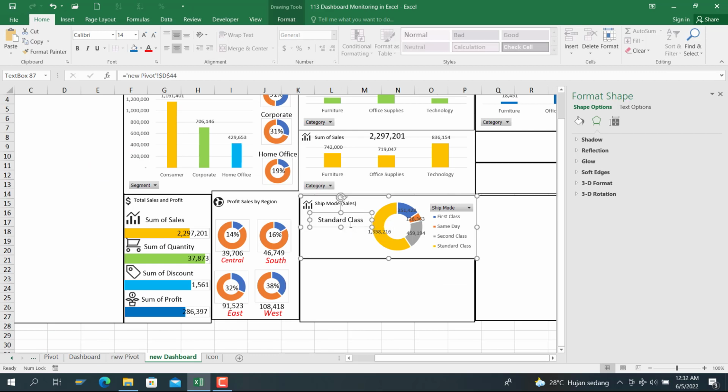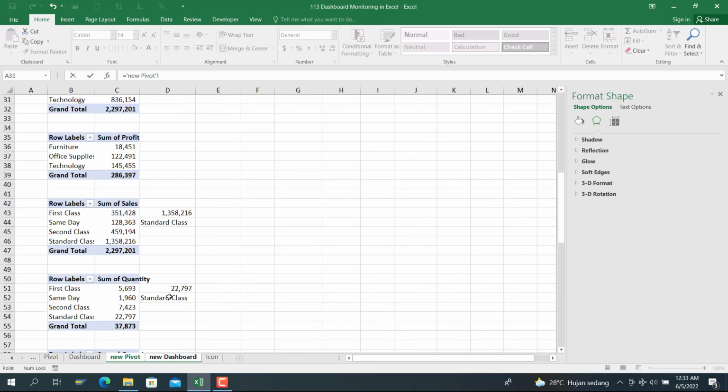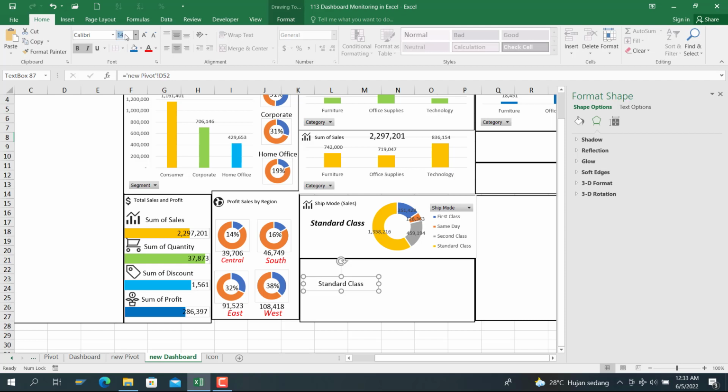Change the size, make it maybe 16. If it's too large, make it 14 only, and make it italic and bold. Copy and paste it in the bottom here. The reference change to equals this one. Make it 14. Bold, italic,